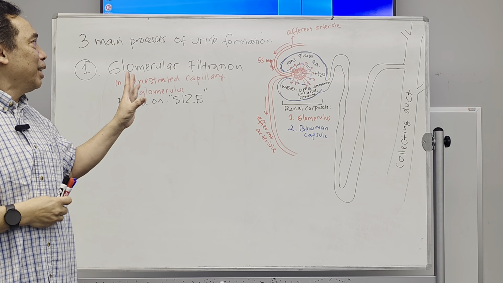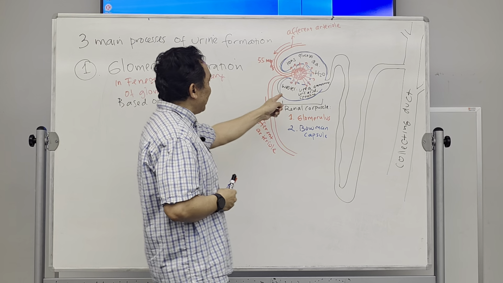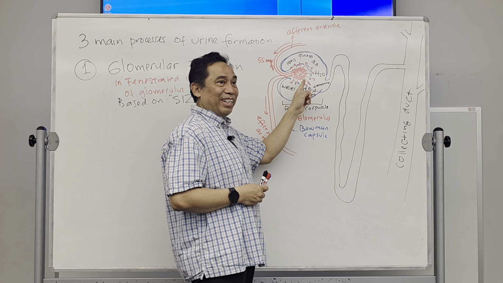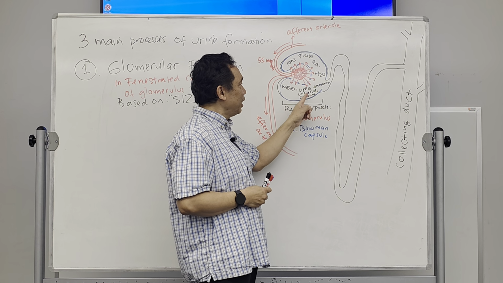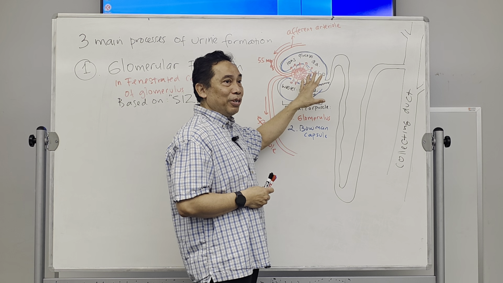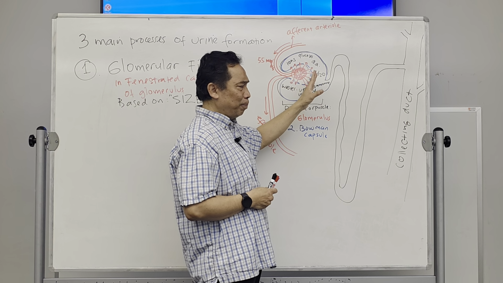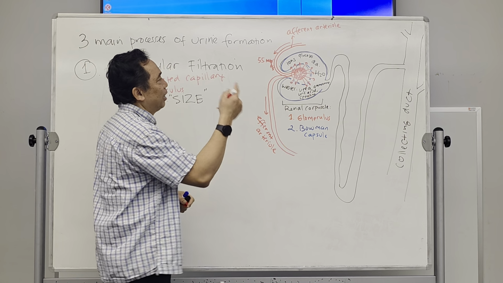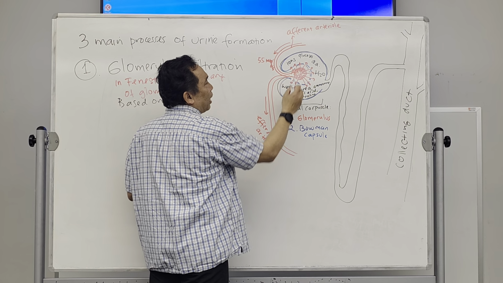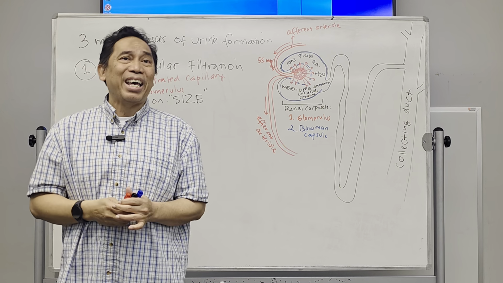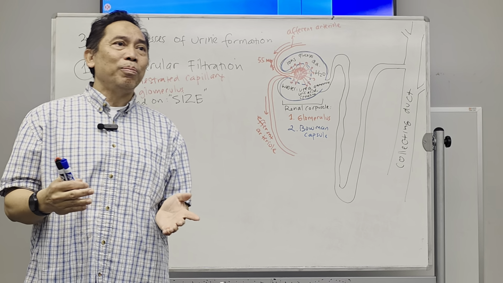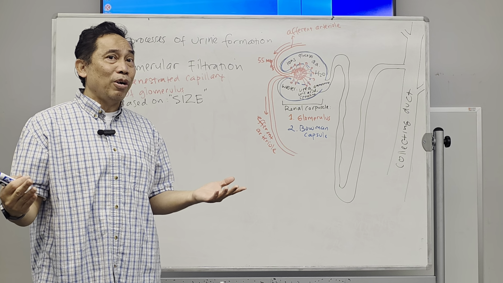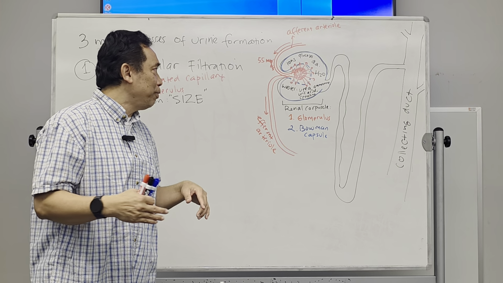So these are the molecules that will be present in the forming urine. This is not the final urine yet. The one present in the Bowman capsule is the first urine processed over here. It's not the final urine. What will stay in the blood? Of course, all the cells, red blood cells, white blood cells, and platelets will stay in the blood. They will not be filtered. Bigger molecules like proteins will also stay in the blood and will not be filtered.